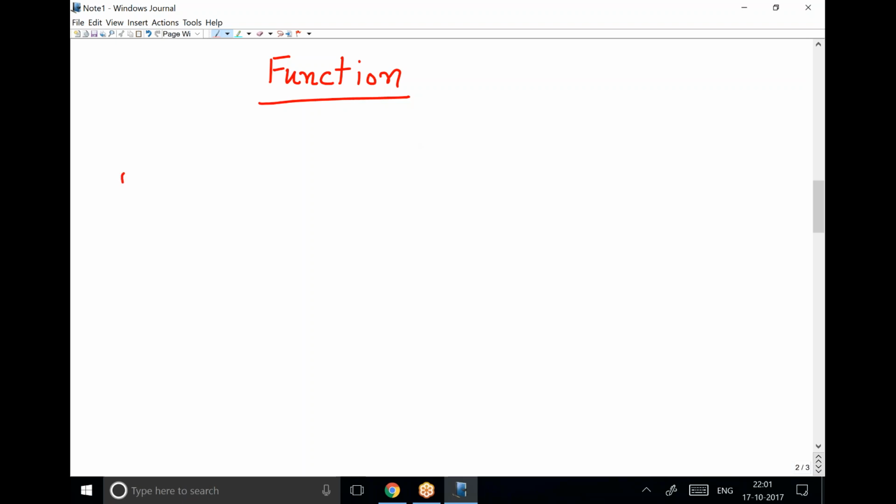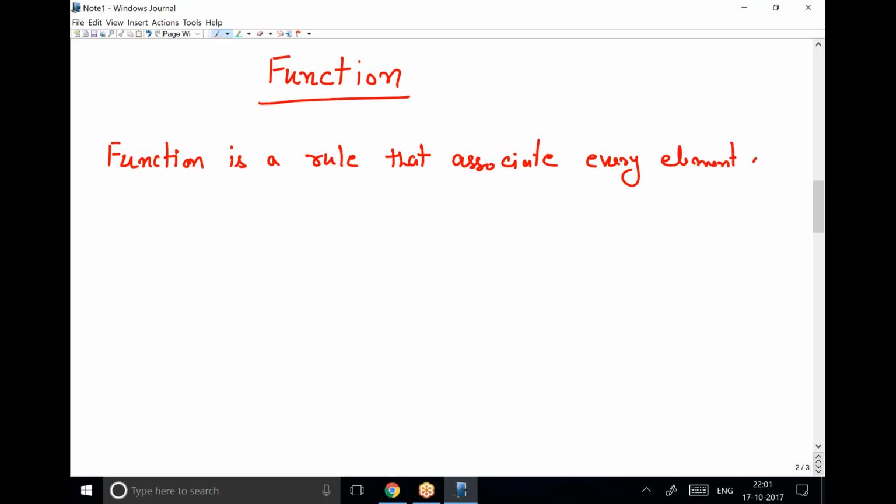So in a mathematical or logical way, what is the definition of function? You can see the definition of function is: a function is a rule that associates every element of set A, assume that there is set A and set B, every element of set A